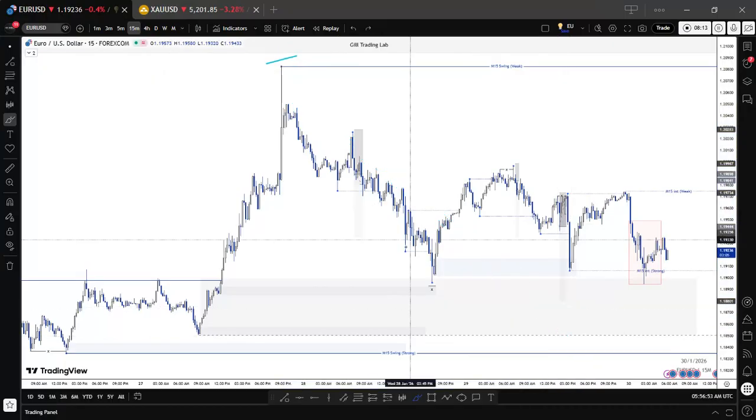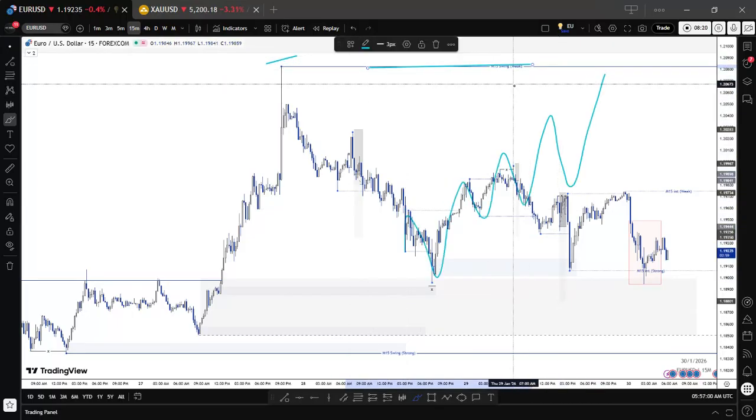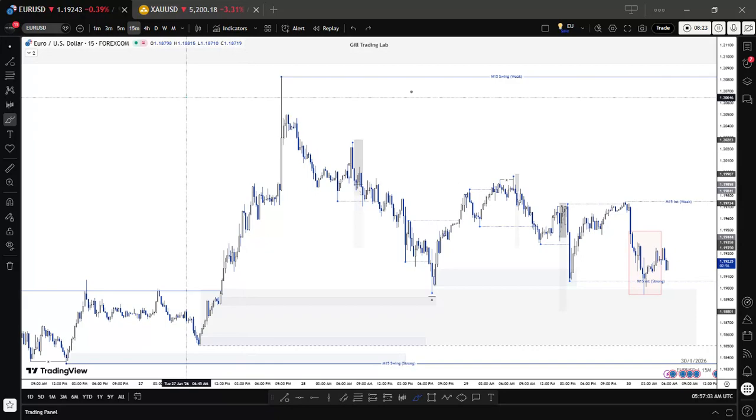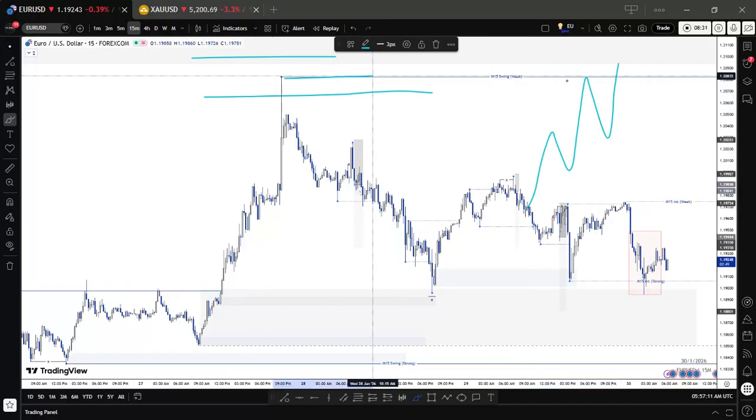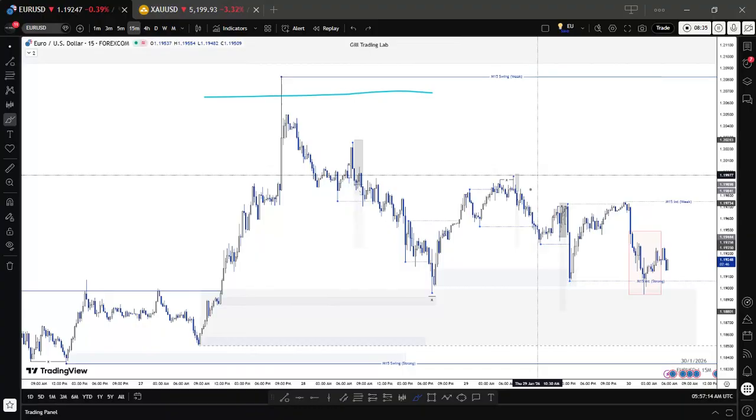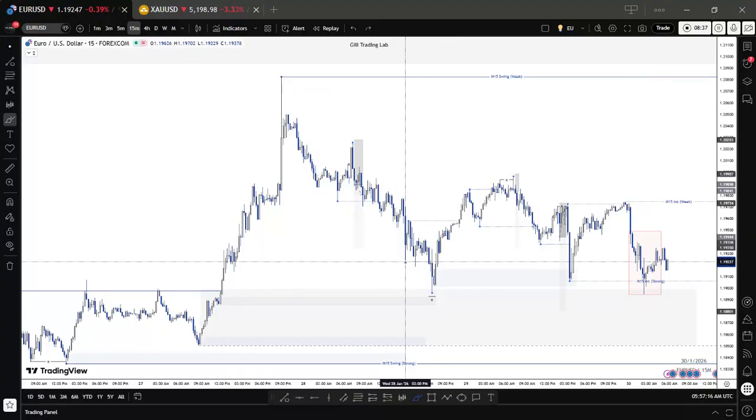That's why we see that this internal structure didn't follow through to target the swing structure. If price hadn't mitigated the monthly supply, then the internal structure could have remained bullish to target the weak swing high. So it seems that the bullish IBOS here was just a